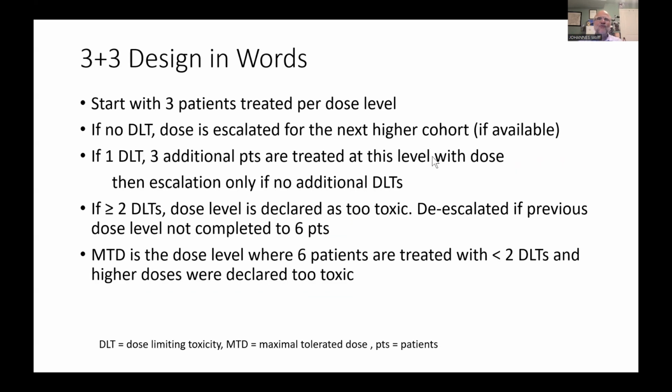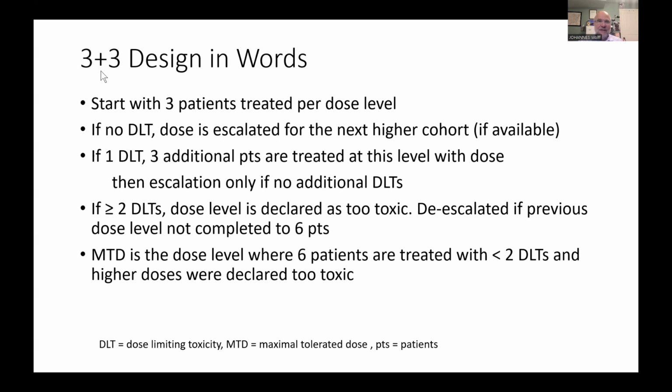3+3 design protocols typically describe the design in words and in graphics. This is how the words can look like. It describes that you should start every dose level with 3 patients. If there is no dose-limiting toxicity among the first 3 patients of a cohort, then the recommendation is to escalate to the next higher dose level. If there is 1 dose-limiting toxicity among the first 3, then 3 additional patients will be added to the same